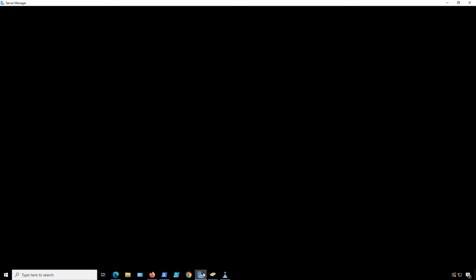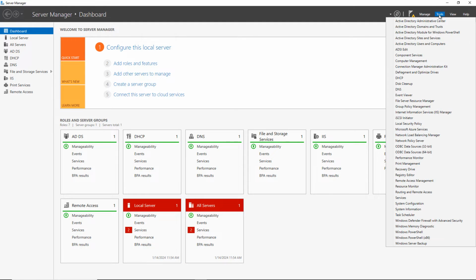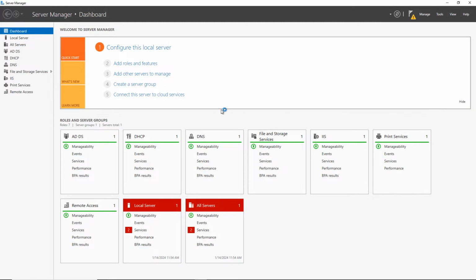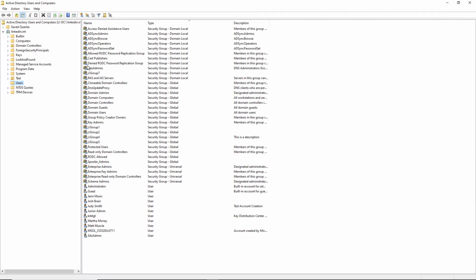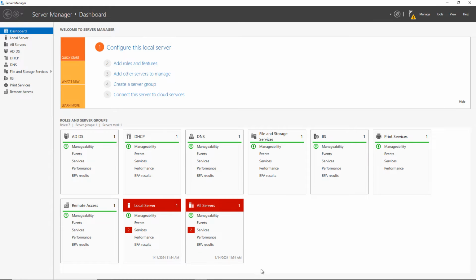I'm in an on-premises Active Directory domain controller on Windows Server 2022, and I'll just show you if I go to Tools, Active Directory Users and Computers, you can see that I've got my domain here. So what I want to do is synchronize my users in my on-premises Active Directory into my Entra ID tenant. So what I need to do is go and do a search for an